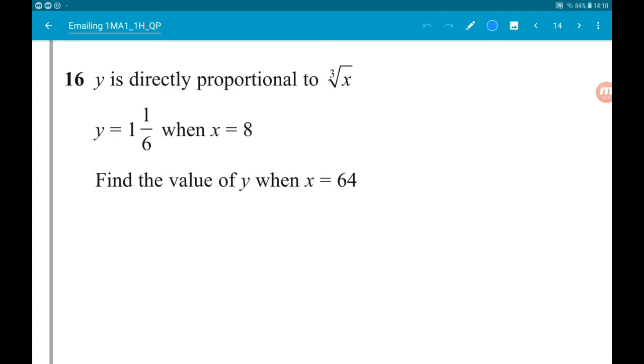So my playlist is down below. So we are told that y is directly proportional to the cube root of x. When y is 1 and a sixth, x is equal to 8. We want to find the value of y when x is 64. Okay, so